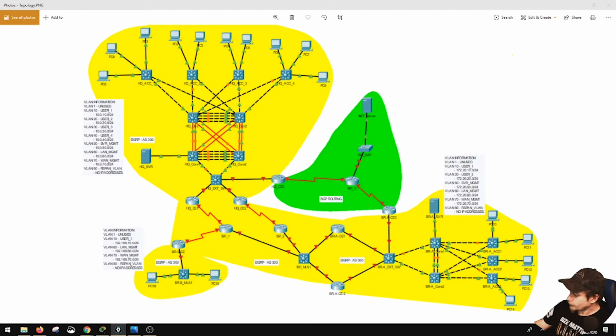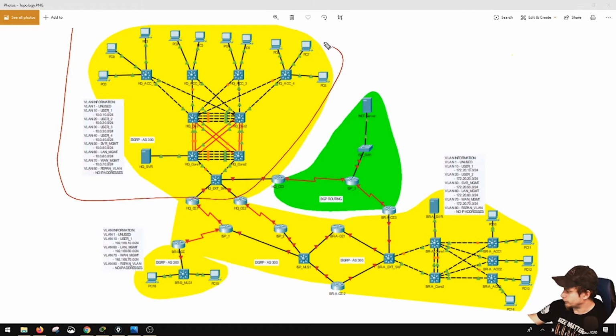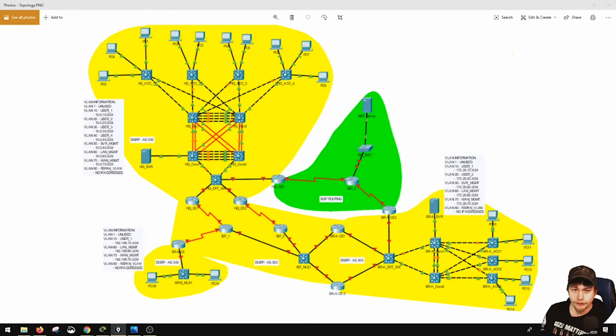So the HQ network is this right here. This is the HQ network, okay? And that's the one we're going to focus on configuring first. That's where most of the configurations for the LANs and the HSRP and STP are going to reside. The second portion of that is going to be down here at branch A. So that's going to be right here,